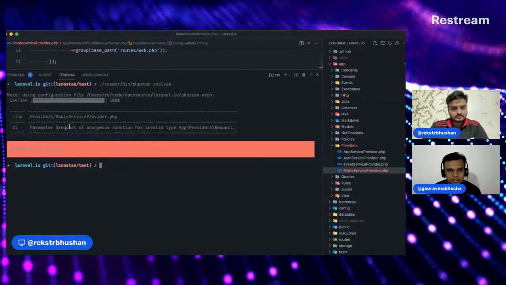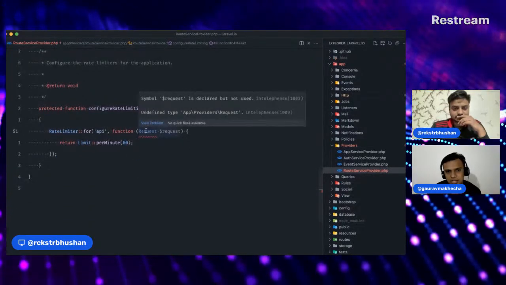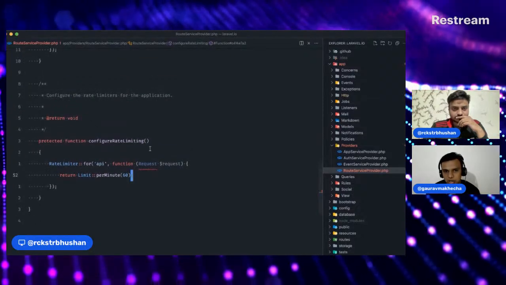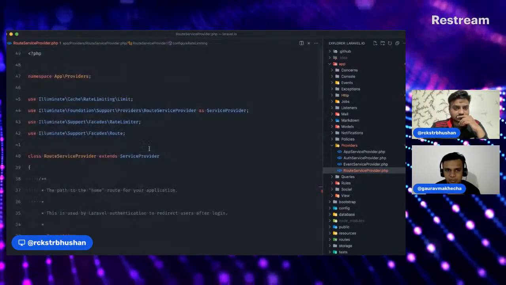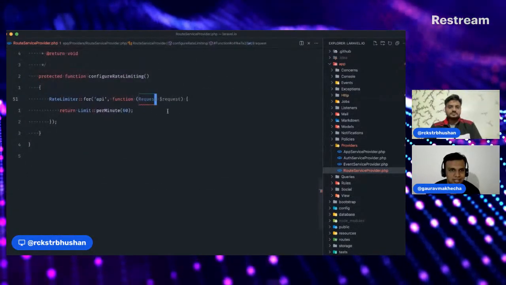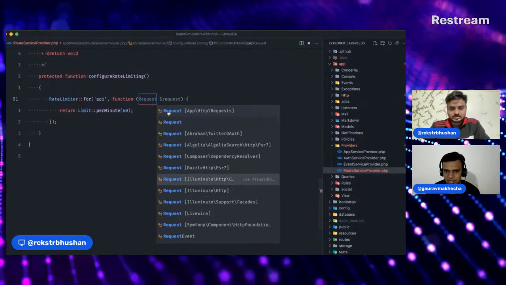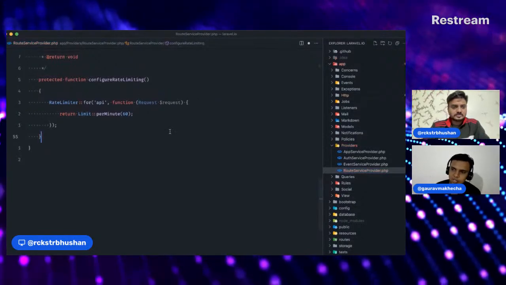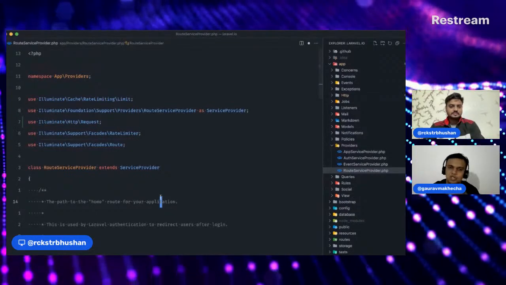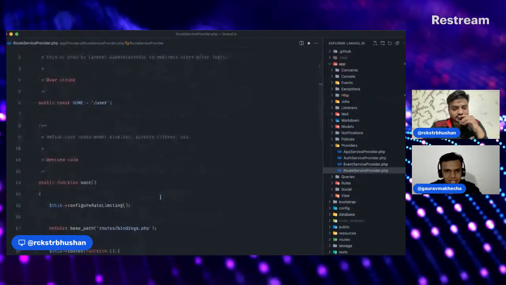Okay. So this one says invalid type. Right? So there is this request type hinting, but that class is not imported at the top. So it thinks that we are talking about the request class which is inside this directory. That's not the case, right? This would be Illuminate HTTP request, right? So all we need to do is import that class to tell it that this will be of this object, because there is no request class in this directory. That's why it was yelling at us. Now you may try running it and it was still working.